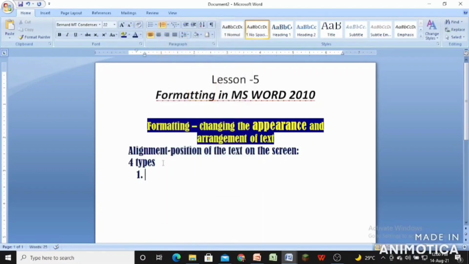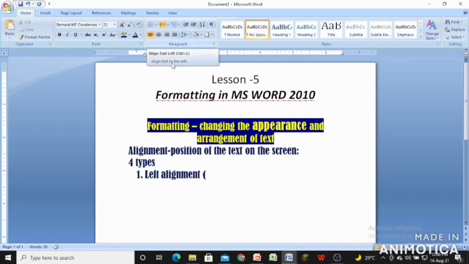That is, first one is the left alignment. Now, what is the short form of the left alignment? You can see here. Align left. Align the text left.